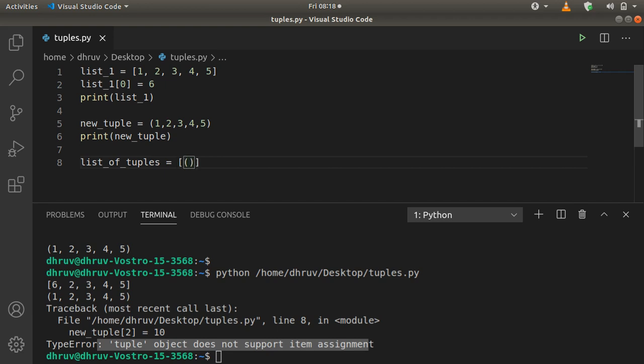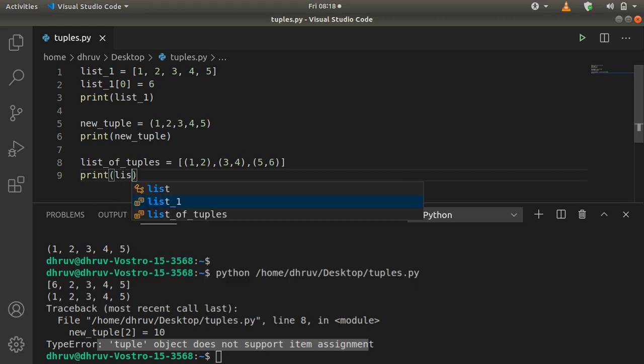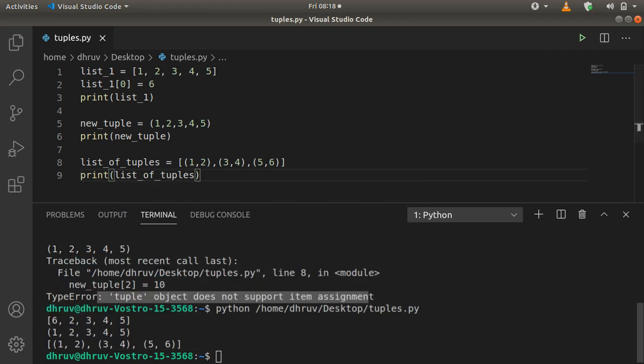So we can say 1 comma 2, 3 comma 4, and 5 comma 6. So let us print the list of tuples. So you can see that we have tuples inside of a list.